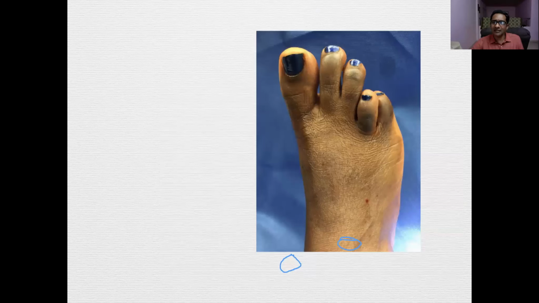This is an interesting feature. It's actually more of an Indian or Asian feature. It's called brachymetatarsia. It's a small metatarsal. Very little clinical significance. Some recent papers have described lengthening procedures for brachymetatarsia.